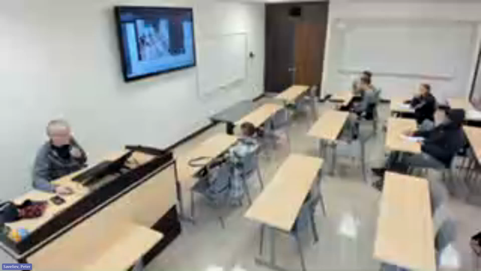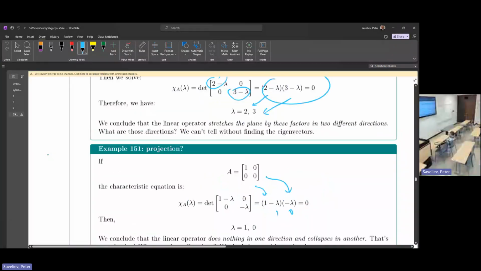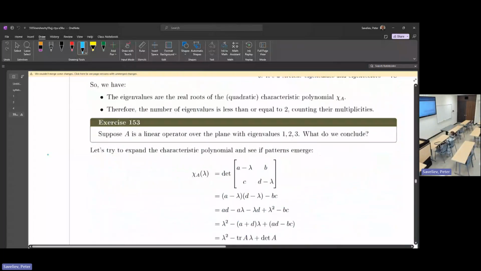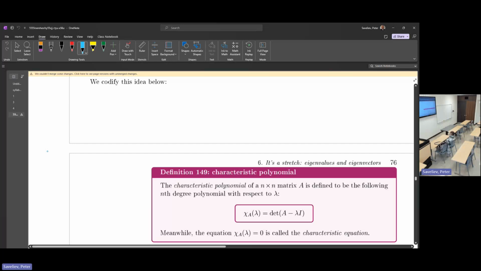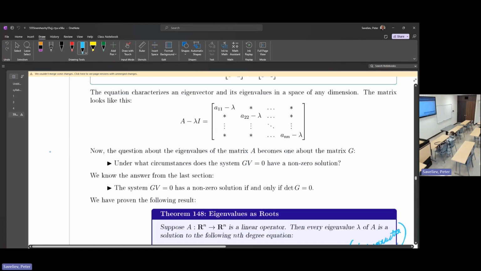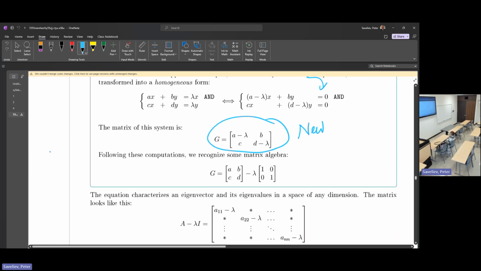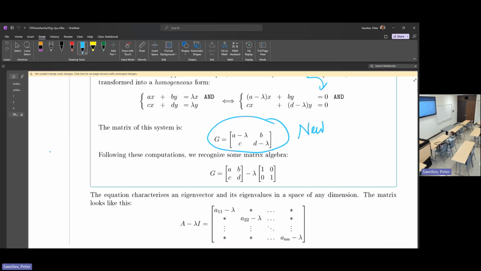Okay, so the characteristic polynomial, where's my characteristic polynomial here? It is the determinant of this matrix. Once again, probably this with the circles over there is the best way to remember what it's all about. And actually for the final, the determinant of this matrix is what gives you the eigenvalues,